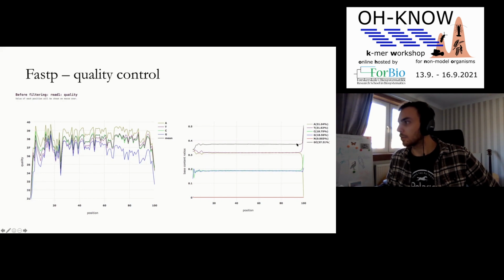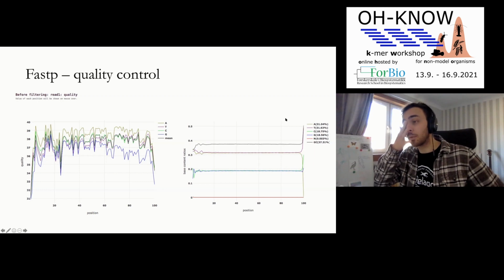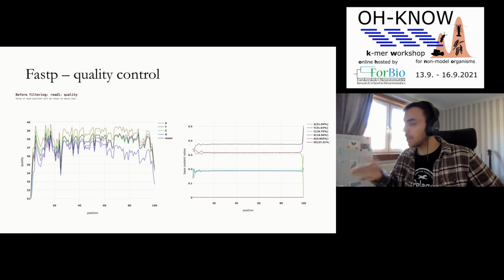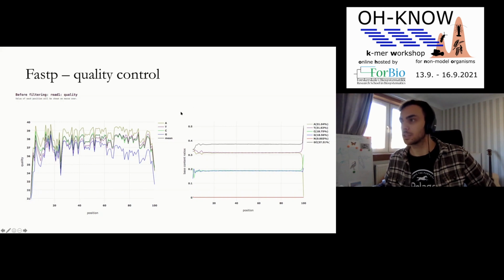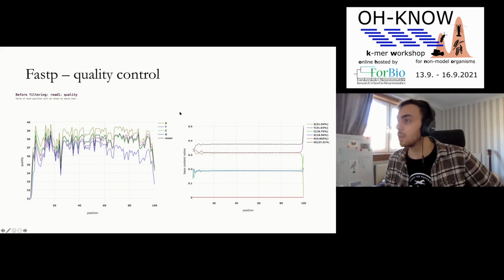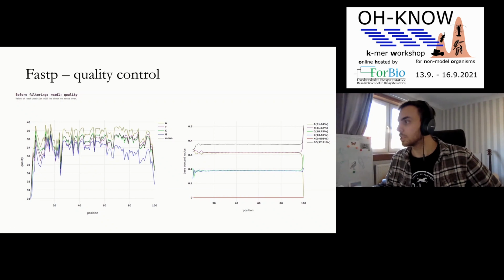And what you'll see if your data is highly affected is that this G, the blue line in this case, will actually just start spiking massively. That might tell you that you need to trim off those poly-G tails. Fastp will actually tell you if that's a problem, and it will detect if your data was collected with NovaSeq. And there are settings to remove those poly-G tails.